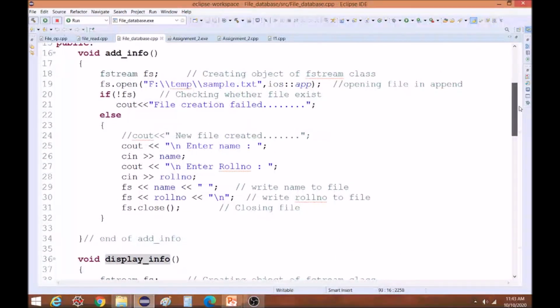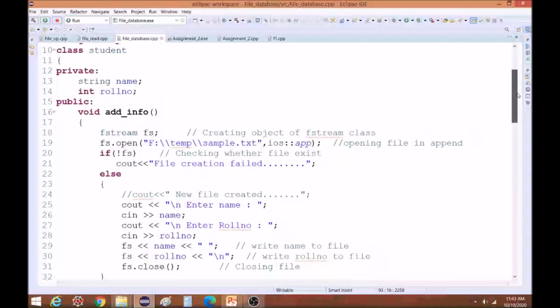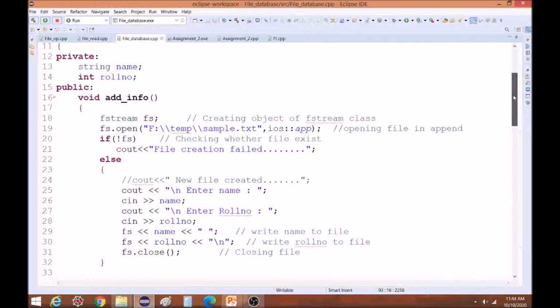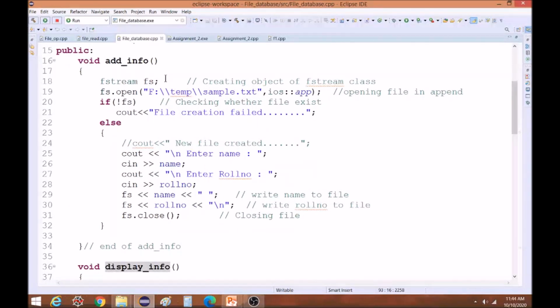This function is in class student. From line number 10, our class student starts. In that we have in the private section two variables, name and roll number of the student, and the function add info is in the public section of the class, in which I have written the member function.